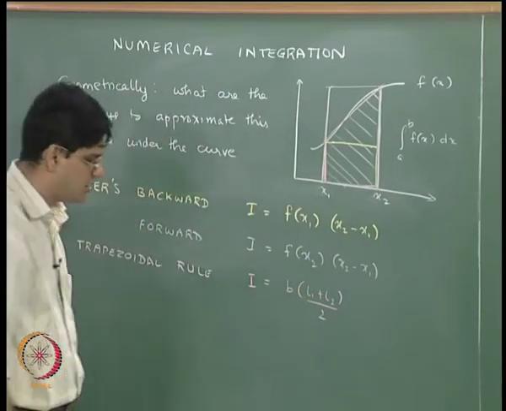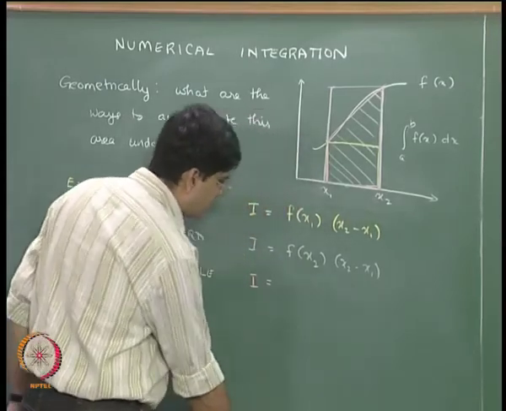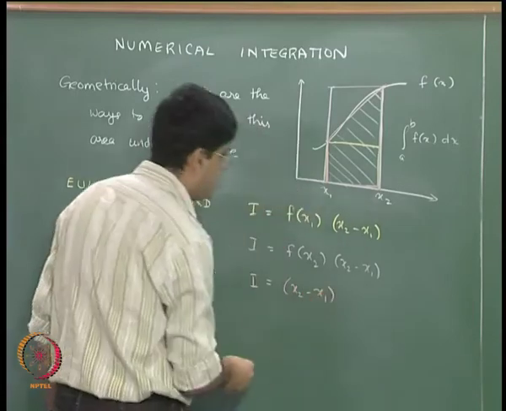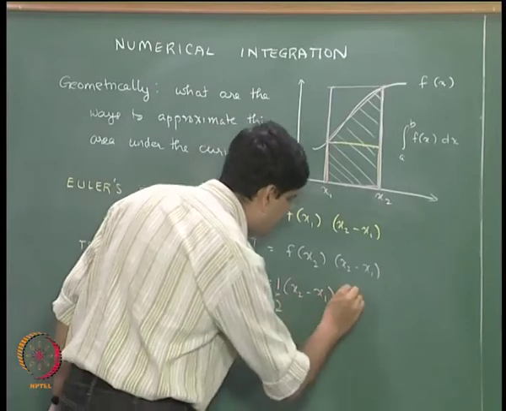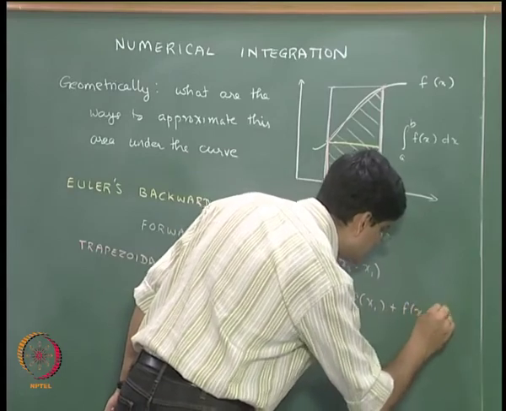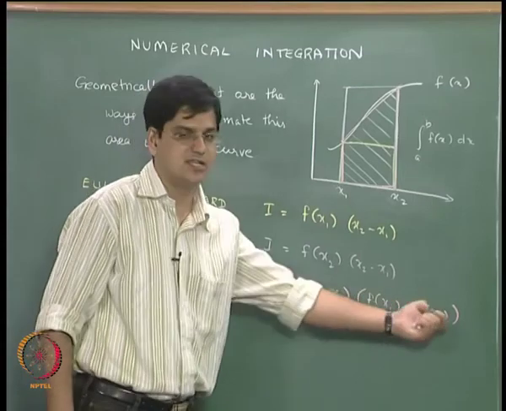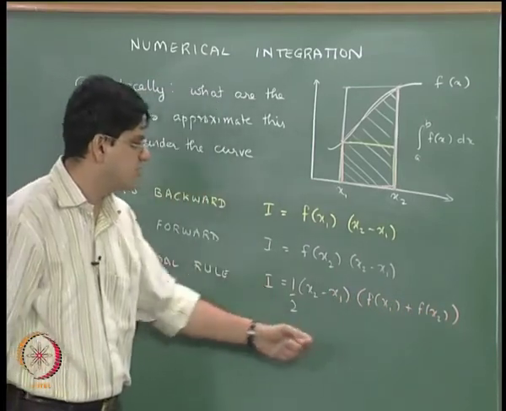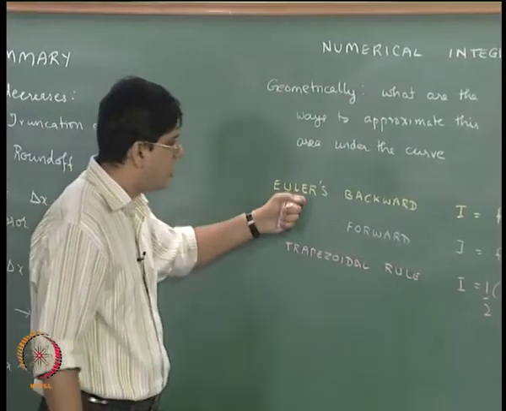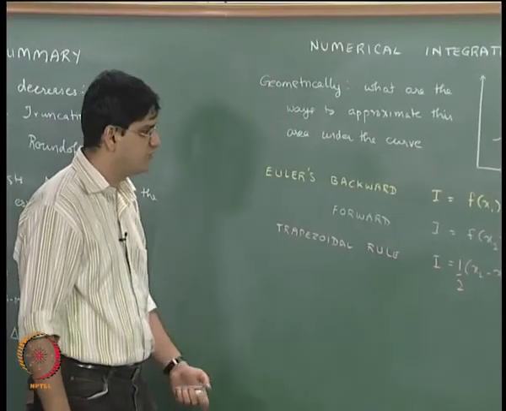That is the area under a trapezoid. We will substitute those values over here. Breadth is nothing but x2 minus x1, and we have this term half multiplied by f of x1 plus f of x2, right. It is half multiplied by breadth multiplied by first length plus the second length, okay, and that is going to be the trapezoidal rule. Okay, so based on the geometric interpretation we have the Euler's backward method, Euler's forward method